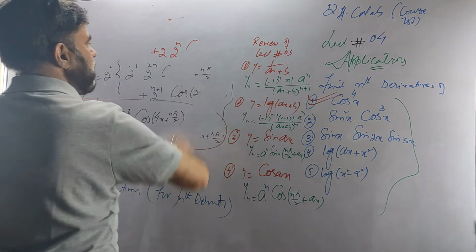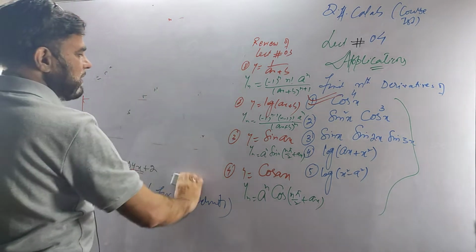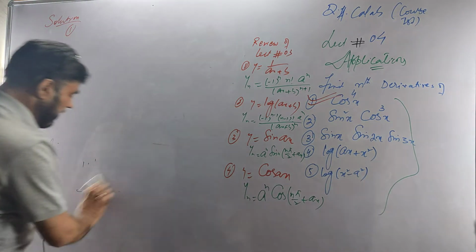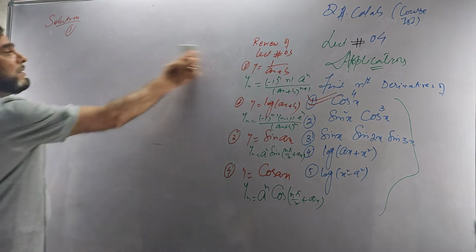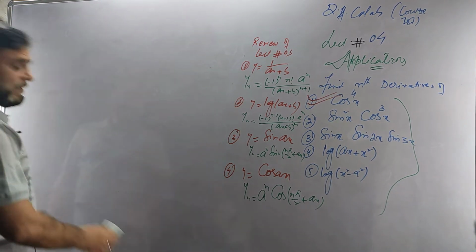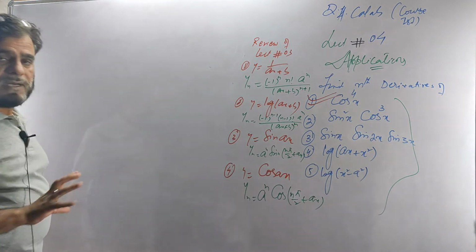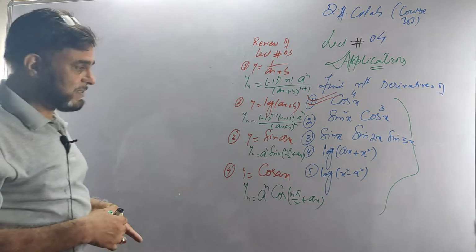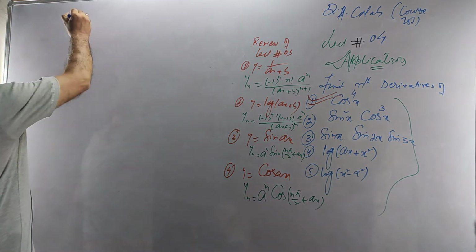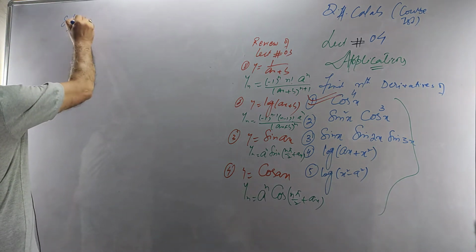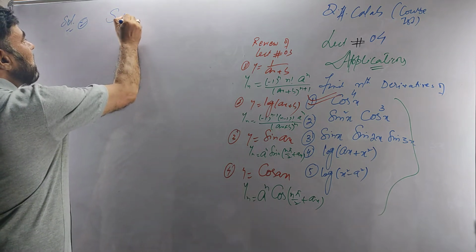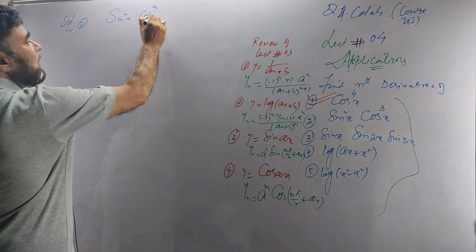Solution of the second. This time we are doing the application. It is actually the application of lecture number 3. What we did in lecture number 3 were the fundamental results, the nth derivative of some fundamental cases. Now we are applying those. Suppose you have the solution of the second problem. It is to find the nth derivative of sin square x cos cube x.